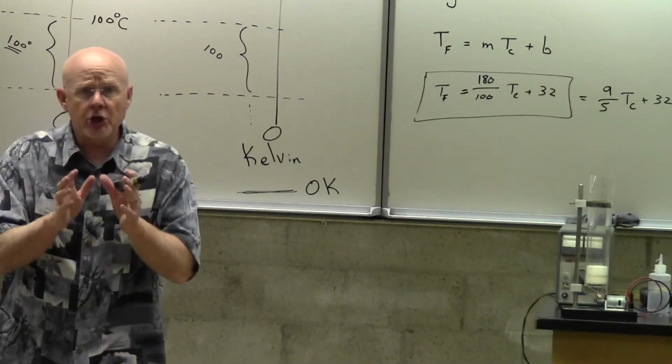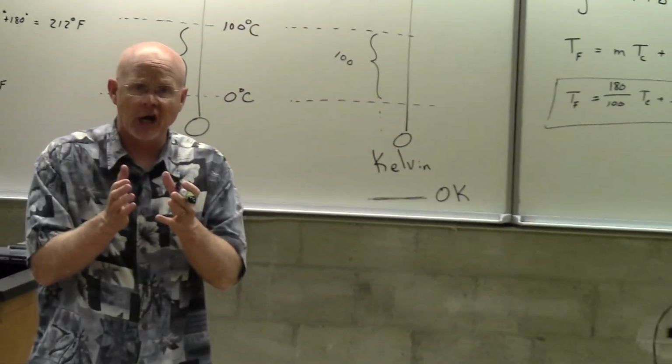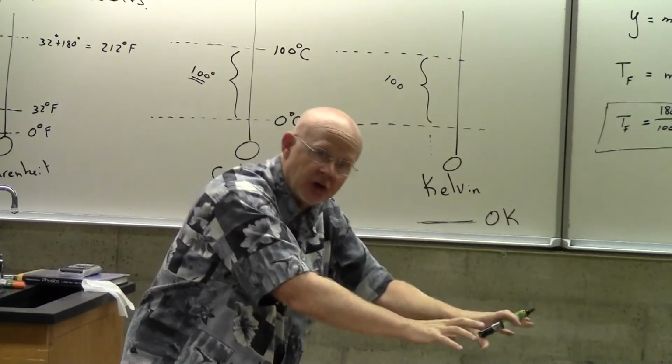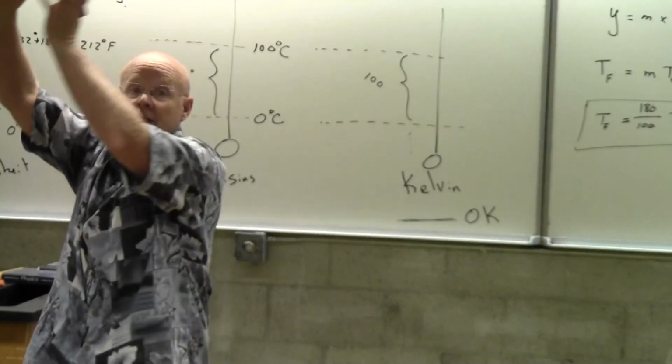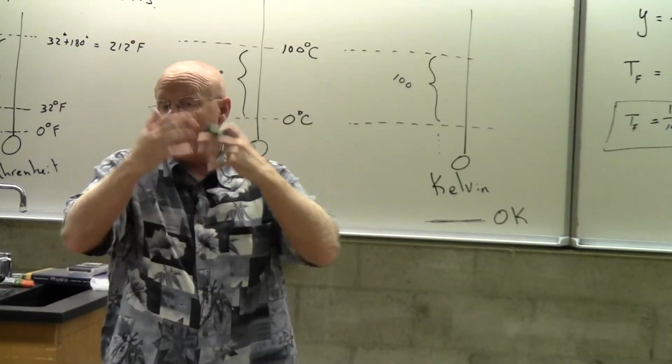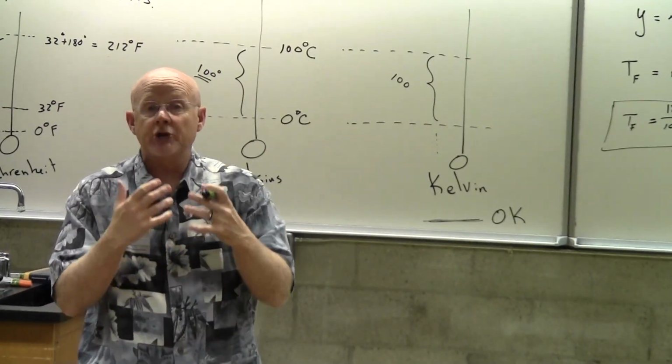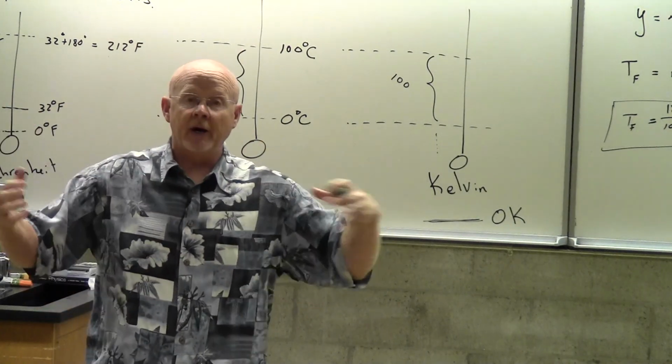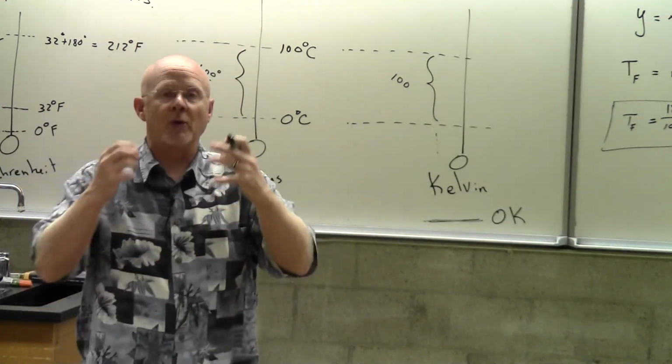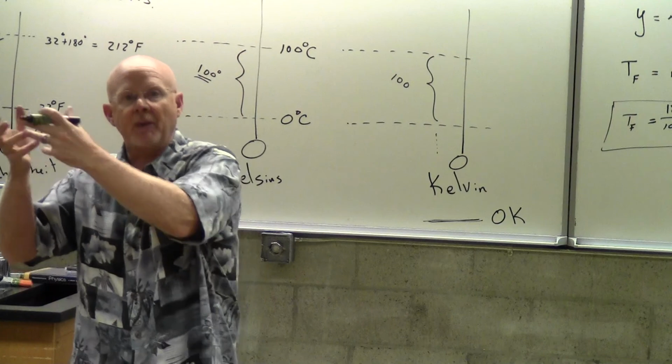You see, what he's trying to do is set up a temperature scale where the value on the temperature scale is directly connected to the motion. Because all the physics that goes on is related to the motion. The reason it gets bigger is based upon its motion. The reason there's more pressure is based upon the motion.